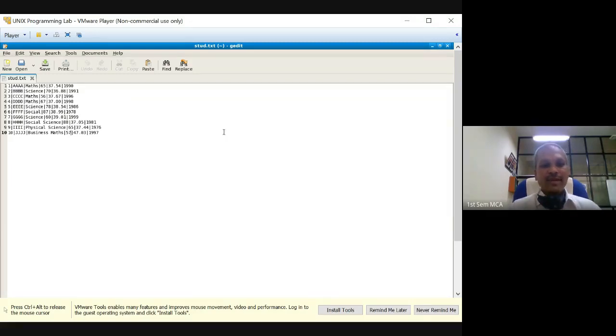That's the reason why today we have modified our input file, which contains similar data to the previous one: first, second, third, fourth field. The fifth and sixth fields we have added. The fifth field is nothing but the temperature. The sixth field is nothing but the year of birth of a particular person.